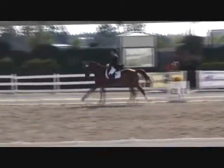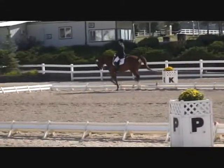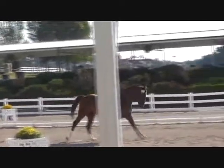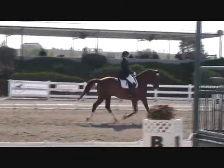So now we go for it, and what I really want, you can see his shoulders come down a little bit, but this one he really came back for me before we came around the curve, but he's still a little on the forehand, so it wasn't as pretty as I would like to have it. And we're coming to the trot,